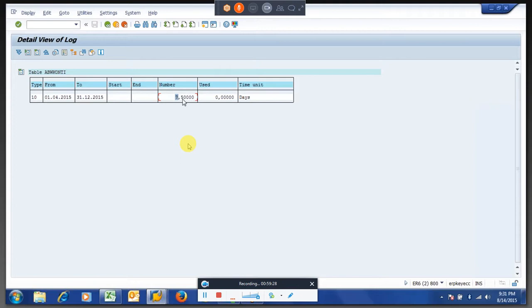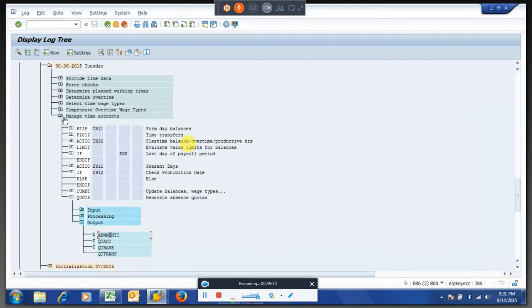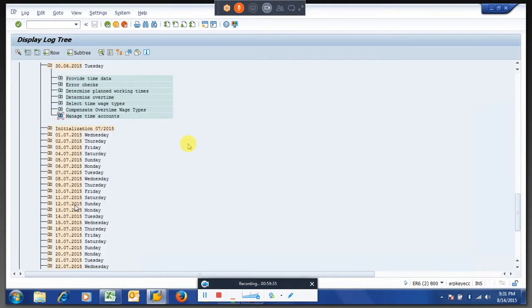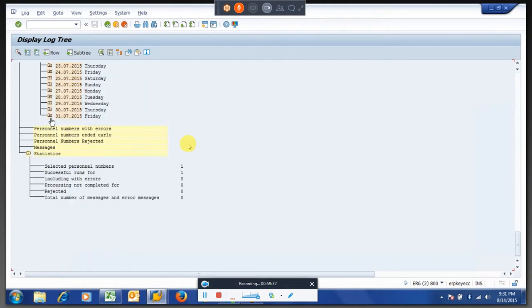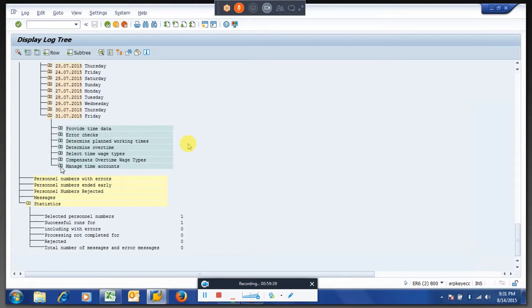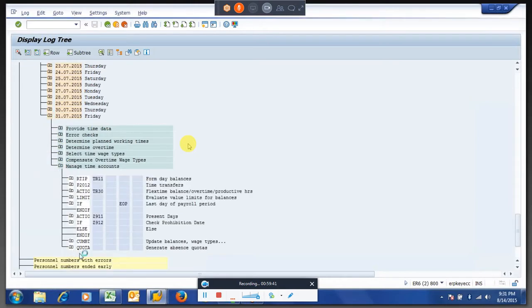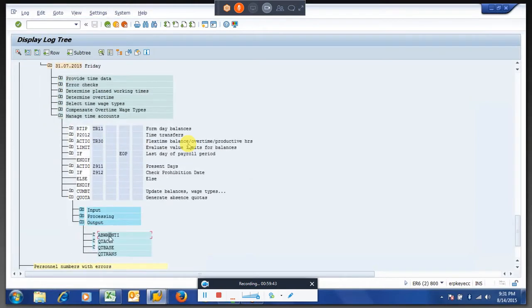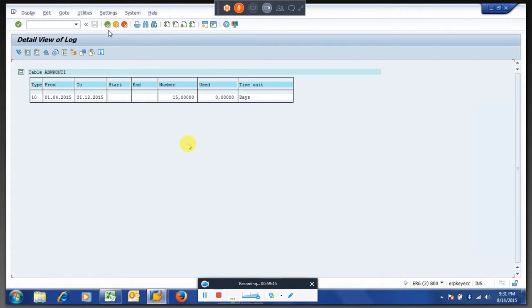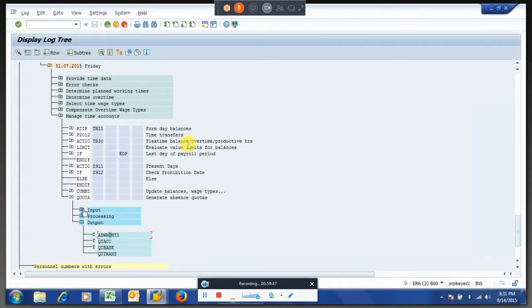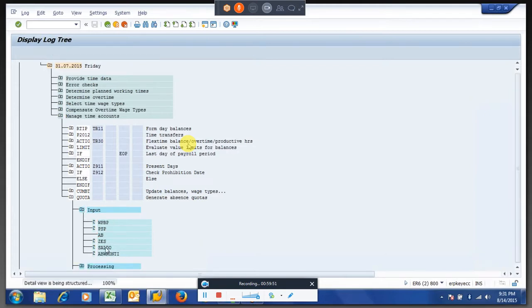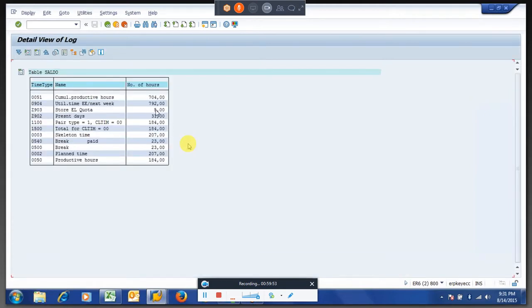Again 2.5 should happen, and it should generate as 10, right? If I am not wrong, it will come as 15, right? Why? Because the Salado table, the value is still there. Even after we created this to the employee, still we are not making it as 0.